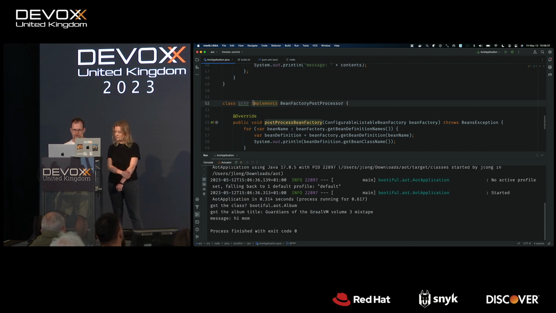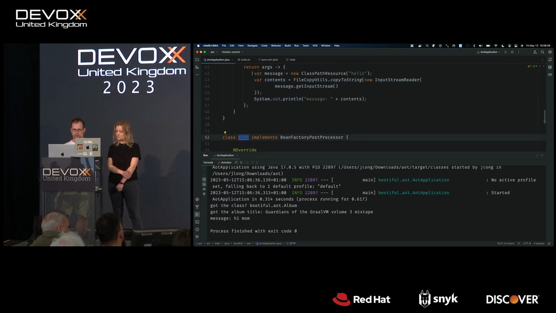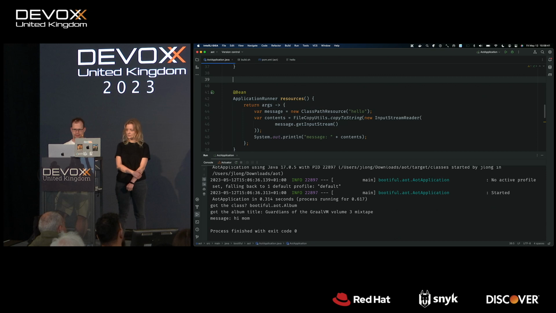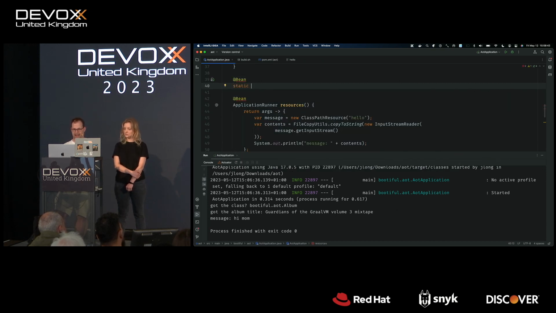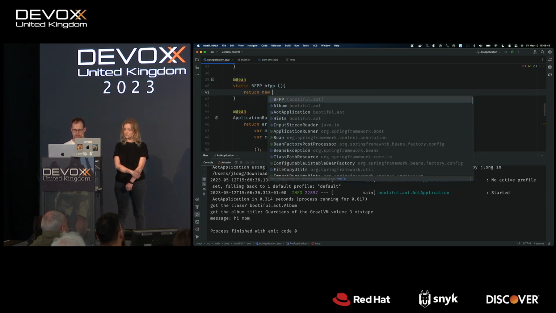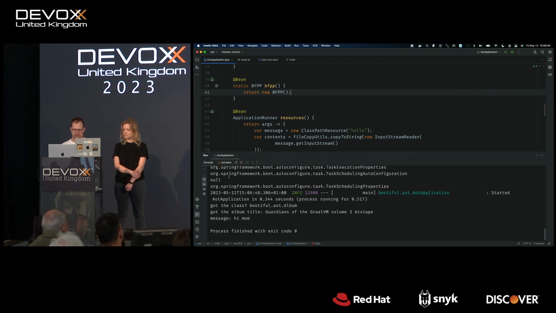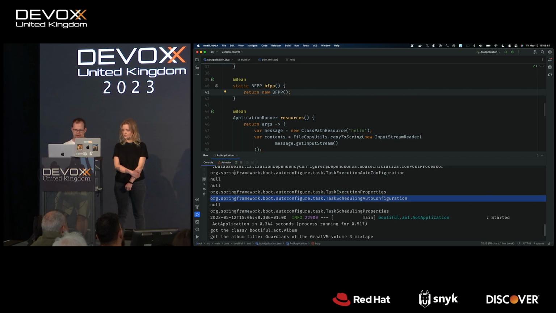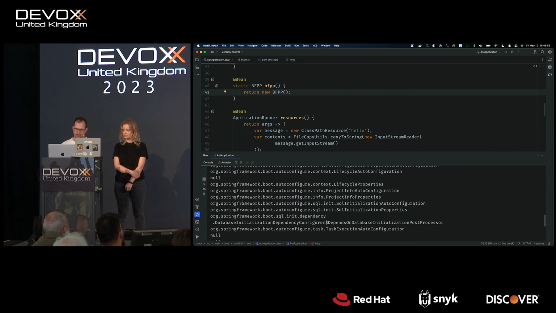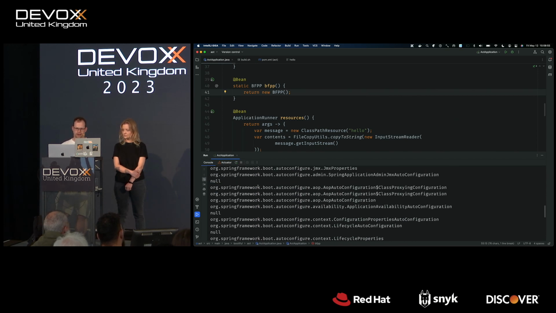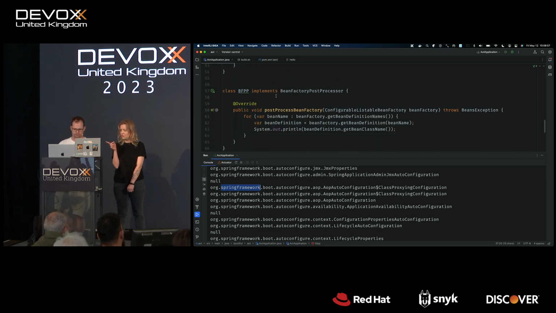So let's run this. Oh, you've got to register this. But remember, this is sort of used in the primordial soup of your application, right? So it's got to be static, right? That's the first thing. Return this, restart. There we go. So you can see I started the application, and it's enumerating all the bean names and the classes if they have them. Sometimes there are supplier methods and all that.